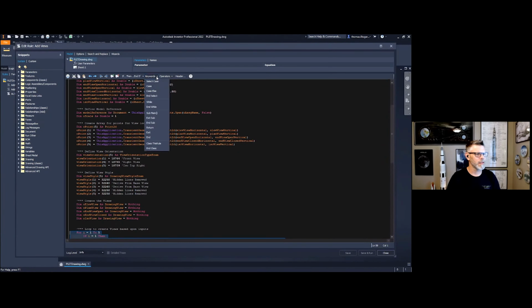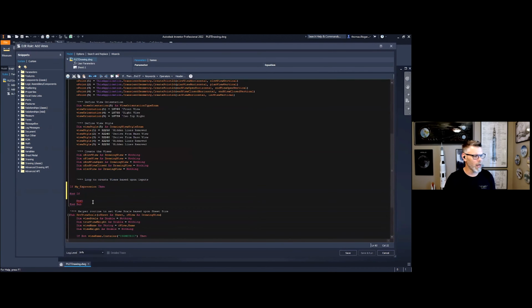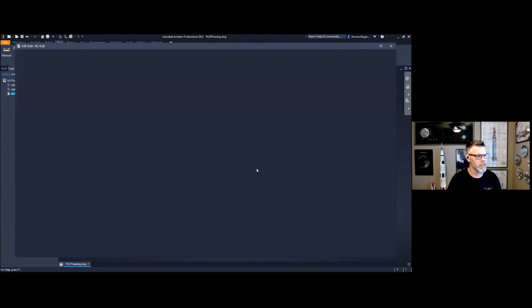And a select case is inside of our Inventor iLogic rule editor. We have different keywords that we can access for creating different subroutines and different functions and case selects and loops and if then else if statements. So different ways for us to be able to quickly generate some information around how we want to develop our conditional expressions. So the other way, like I said, is if you want to use case select. I'm not going to save that rule, and I'm just going to go into this other rule here.